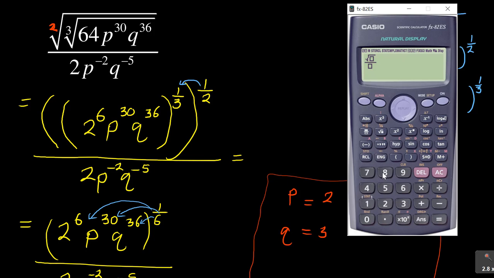So I've got a square root and another cube root here. For the cube root, I press shift, there is the cube root, and then it's 64. Where there is p, let p be equal to 2, so it will be 2 to the exponent 30. I hope it will simplify there. And q is 3, in this case to the exponent 36, and then